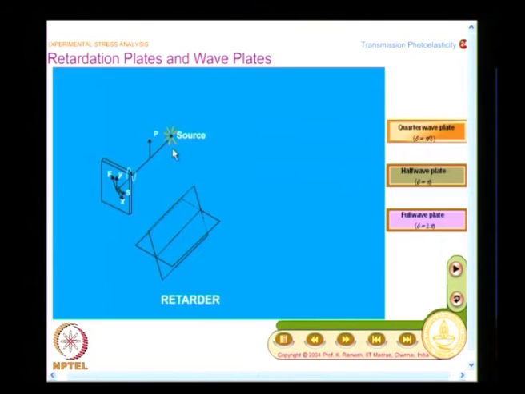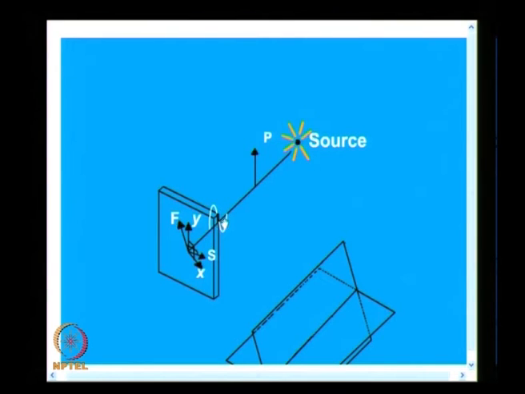So, what you have here is, I have a natural source of light. After the polarizer, I have a plane polarized light impinges on the model. I have a plane polarized light, because I want to use light as a sensor. So, I should know the input light characteristic. Input light is